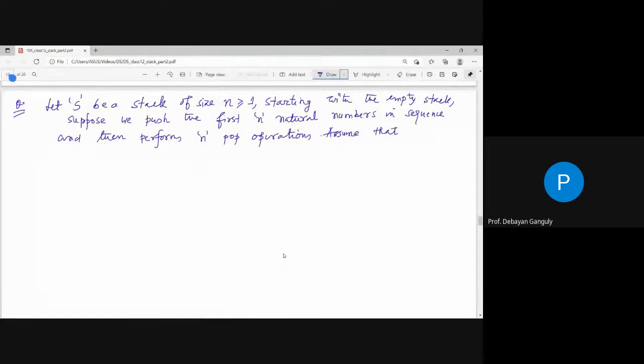Assume that push and pop operations take